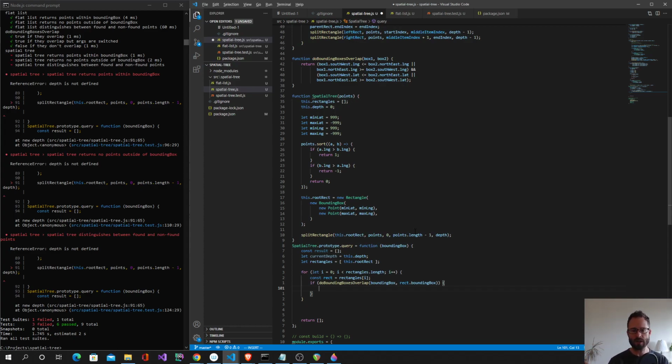Now, I don't think we actually need to have a list of points on each rectangle. If we have the start and end index, that'll be fine. So if two bounding boxes overlap, bounding box, bounding box, and we're going to say